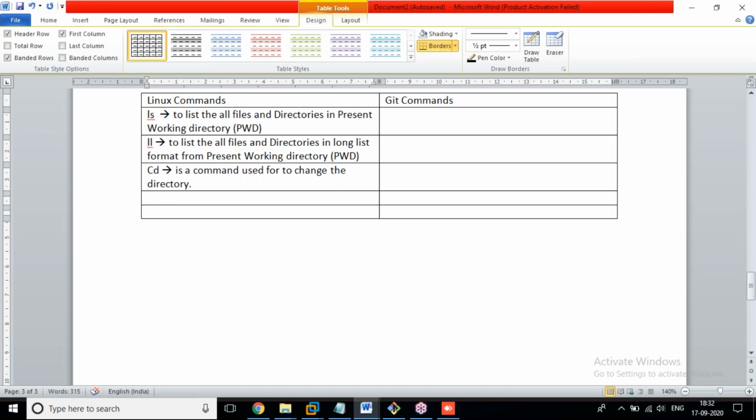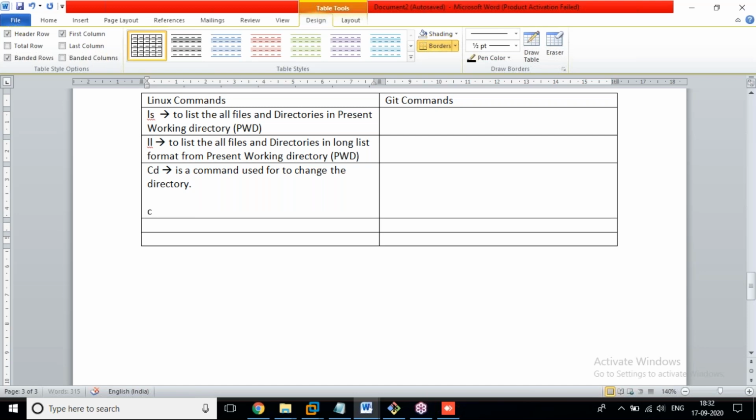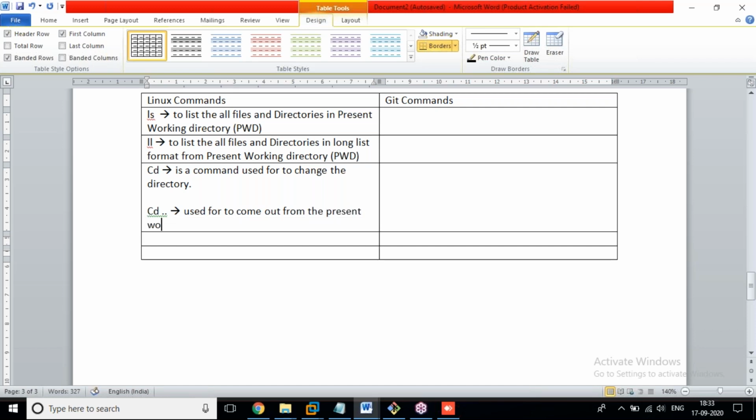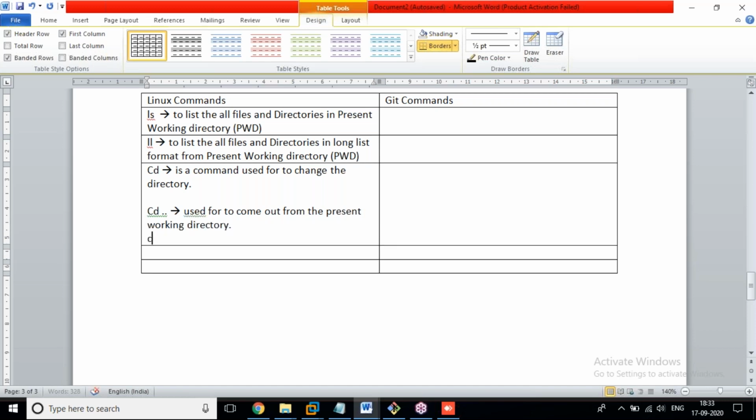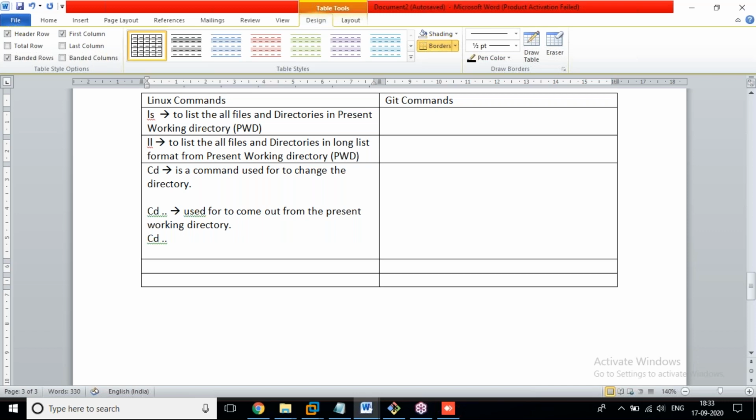Yes, we have examples. cd space double dot is used to come out from the present working directory. For example, cd space double dot and cd space directory name.